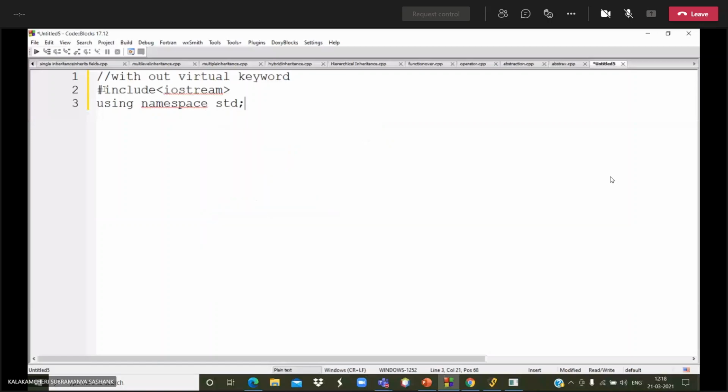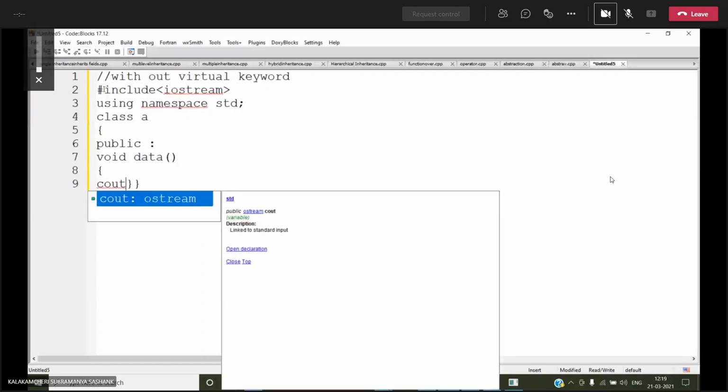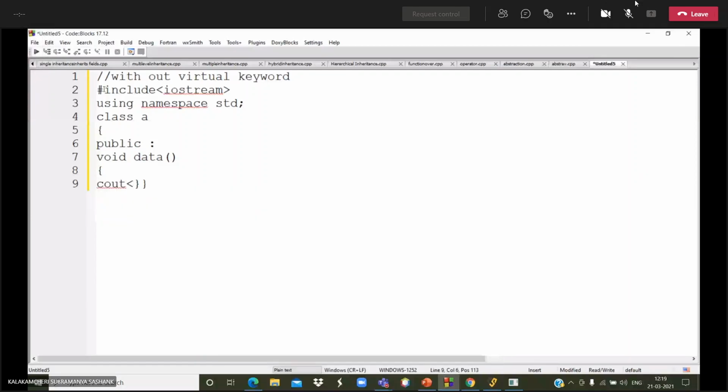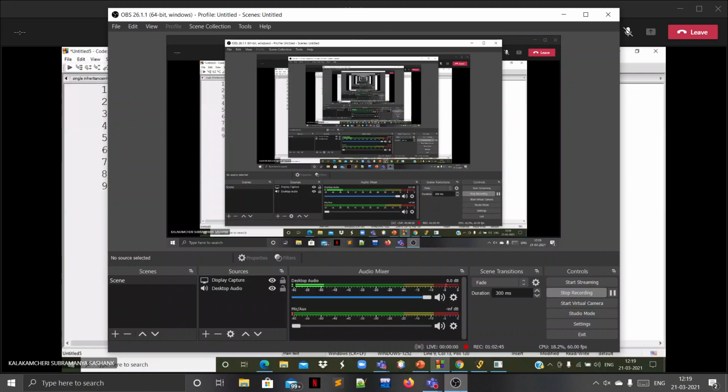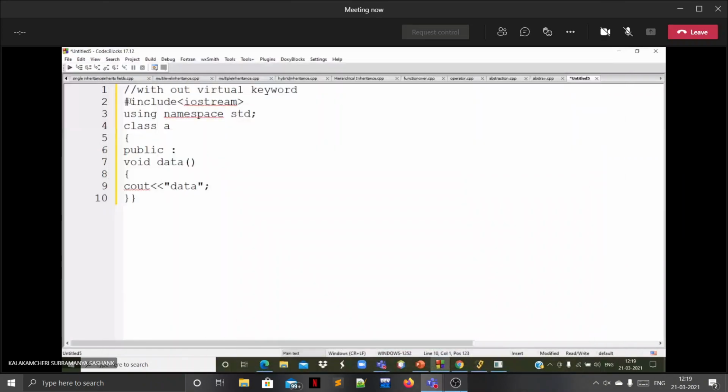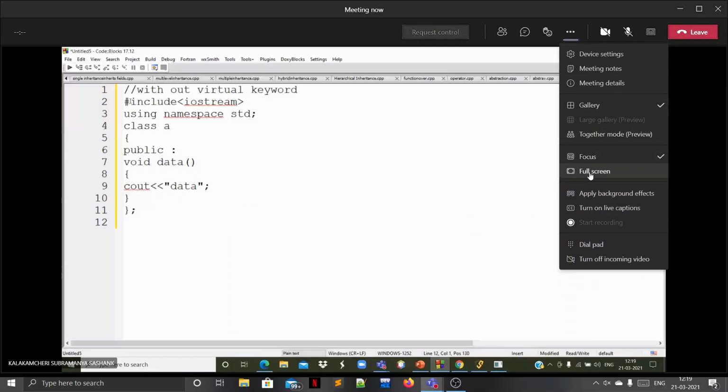Then I am declaring the class A. In public mode, I am declaring the function void data, and writing the function data. Then I am closing the class A.